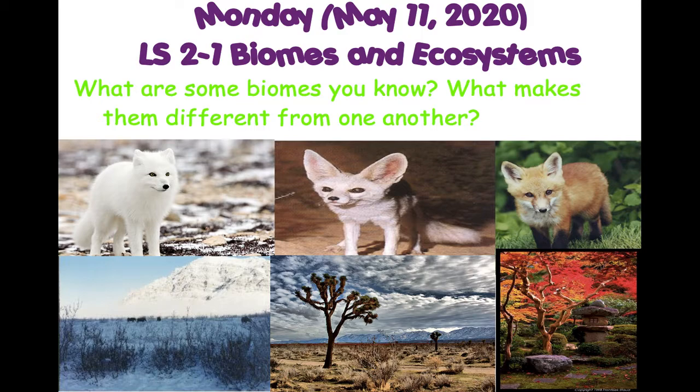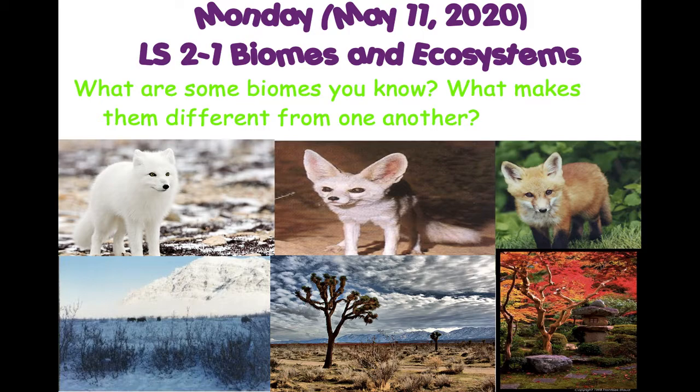Now, when we talk about biomes, there's many different biomes in our Earth. There are deserts, different types of forests, we have the tundra, we even have oceans and stuff like that. So over here we have a picture of three different biomes. Over here we have the tundra, here's a desert, and here's a deciduous forest. Now, when you look at these biomes, you'll notice that there's a lot of differences. It could be maybe the temperature, it could be maybe the precipitation, it could be the plants and animals